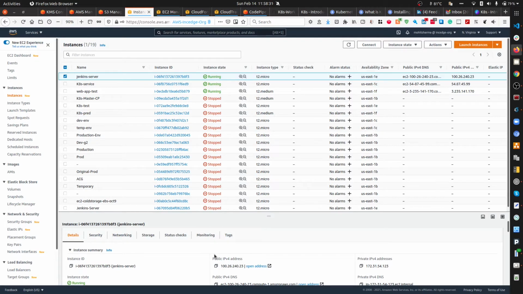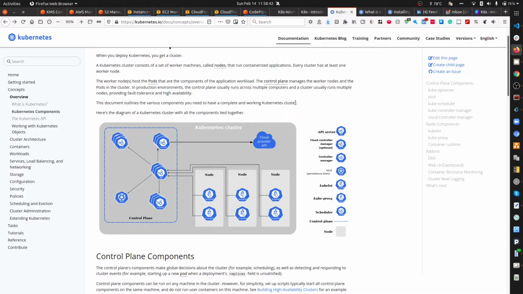Today, in this particular video, I'm just going to talk about how we can actually build a Kubernetes cluster. What is a Kubernetes cluster? This is the Kubernetes cluster, where you have one control plane and a bunch of different nodes. To illustrate, you can consider building the control plane on a T2